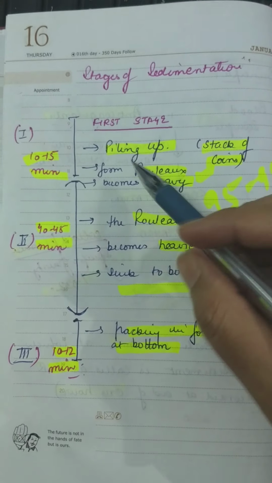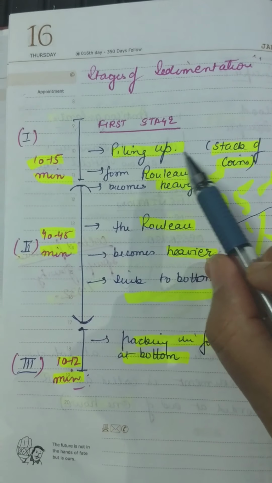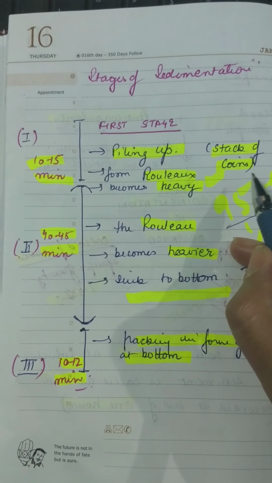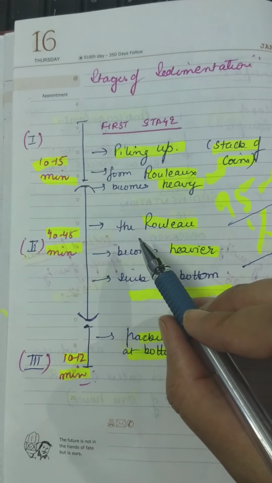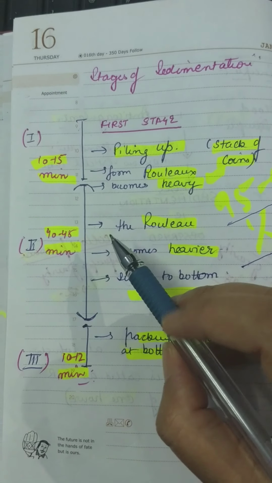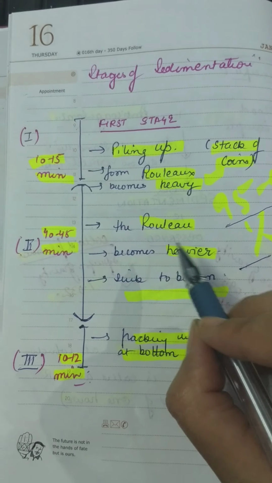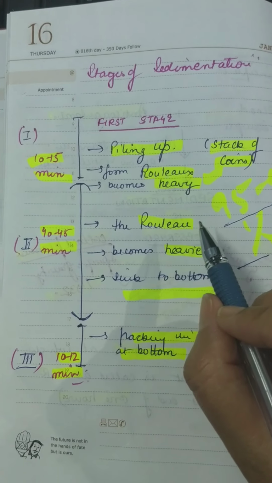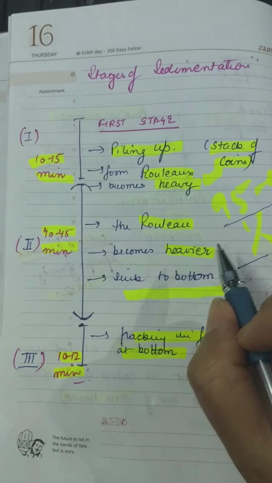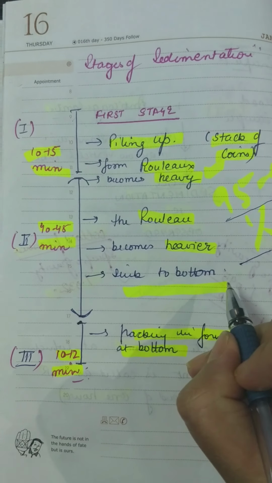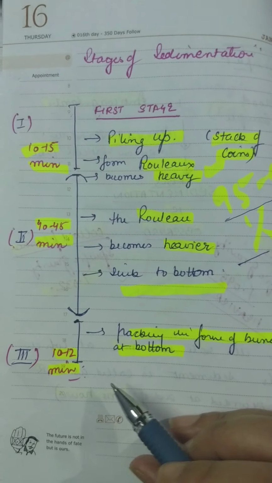In the first stage, which lasts for about 10 to 15 minutes, RBCs show piling up. They stack up themselves like coins, and they tend to form rouleaux and become heavier. The second stage shows the presence of rouleaux formation. Rouleaux is the plural form of rouleau, meaning the number of bunches that have formed is higher as compared to the previous stage. The bunches become heavier and tend to sink to the bottom, and this stage lasts for around 40 to 45 minutes. In the next stage, last